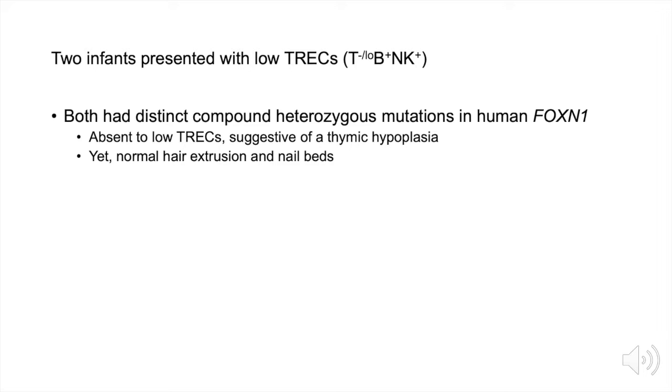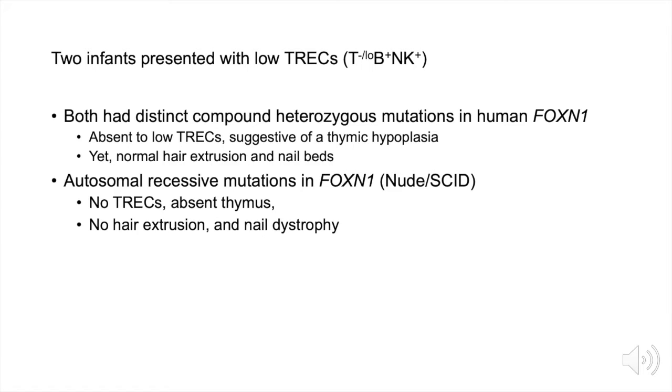But what was unusual in these children was the presence of normal hair extrusion and nail beds, because classically, people have already identified autosomal recessive mutations in FOXN1, and this leads to a Nude SCID phenotype. Nude in the sense that there is no extrusion of the hair follicles through the epidermis, and there's a dystrophy of the nail bed as it expands. These children are born with the absence of a thymus, and this leads to no TRECs and a very severe